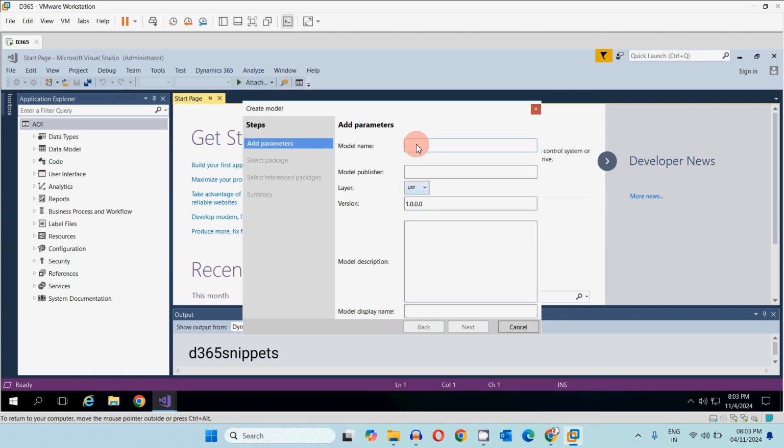So I will fill in some dummy data here. I give the model name as D365 practice model. Since the purpose is practice, that's why I'm giving this name. So the model name will be D365 practice model. Model publisher will be D365 snippets. Here I choose a layer, which I will explain in the next sessions. The version is automatically filled here